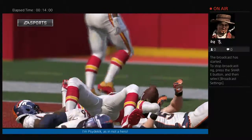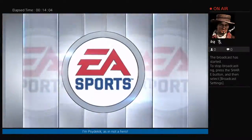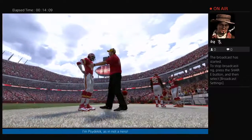So not only is that his 3rd touchdown catch of the game, he's done it here in the first half. I'm not sure defensively what they're going to come up with to slow him down. Because